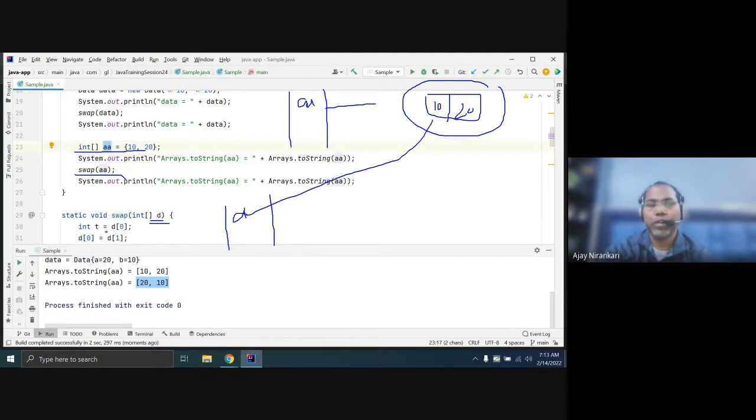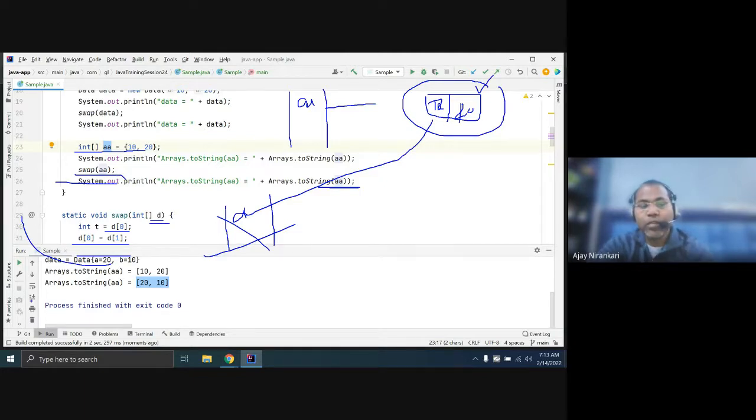Now you change the position values, here 20, here 10, and after the method returns, this frame is destroyed. But when you print the same array again, you get the changed value because your swap function changed the object.